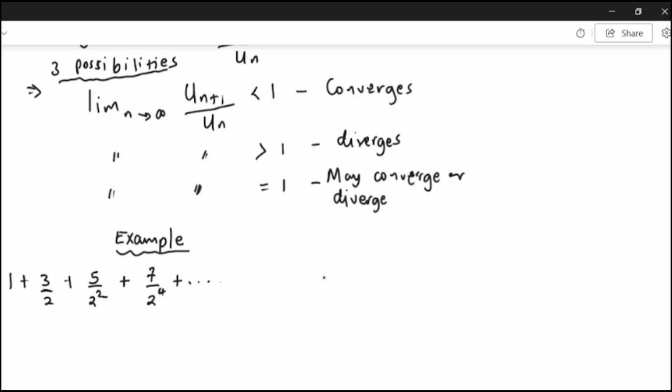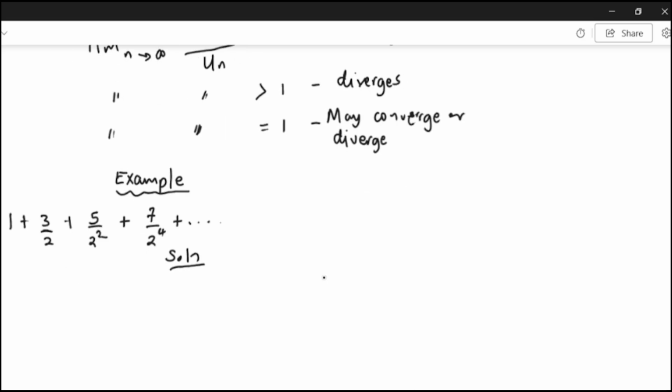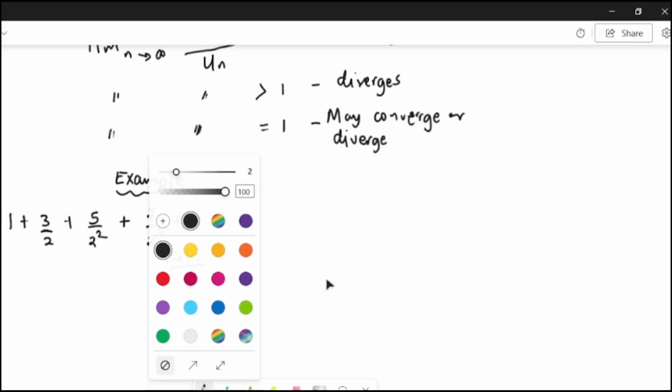So our first step here is to identify un. We identify un, and after identifying un,